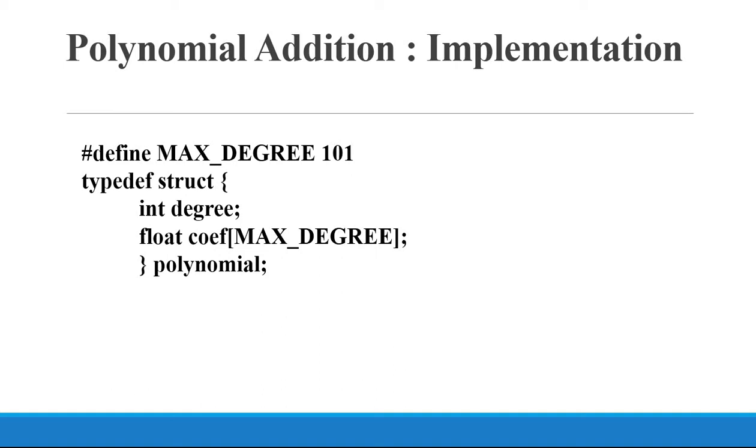And the next one is polynomial addition. Okay, how will we implement it, we'll see. So hash define maximum degree, whatever it is, we should give it. Then how many terms you may involve, that you have to give. Then the next one, typedef the structure we have to give, and here each and every term will have the degree and the coefficient. Here first we are going to discuss the simple method, then we will see the efficient method. So here one polynomial array will be declared.